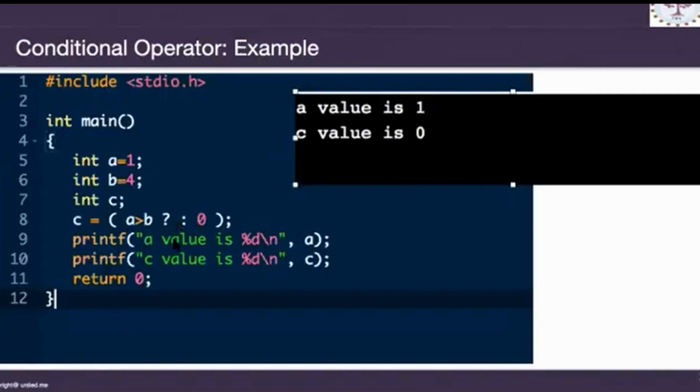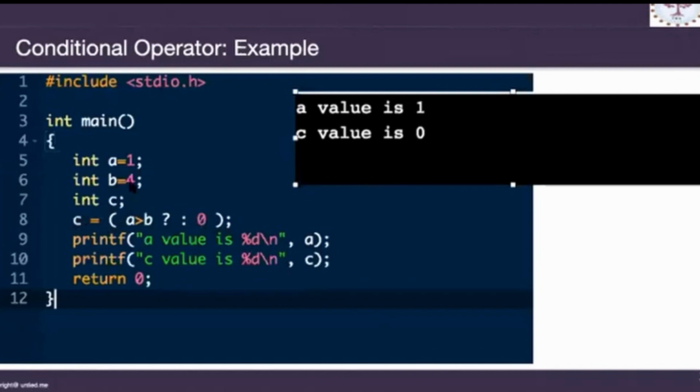So the A value is A and the C value is C. Here you will see A value is 1 and C value is 0. Okay, so why is it? Because you haven't written the value for A here. If I write 1 here, then it will assign.